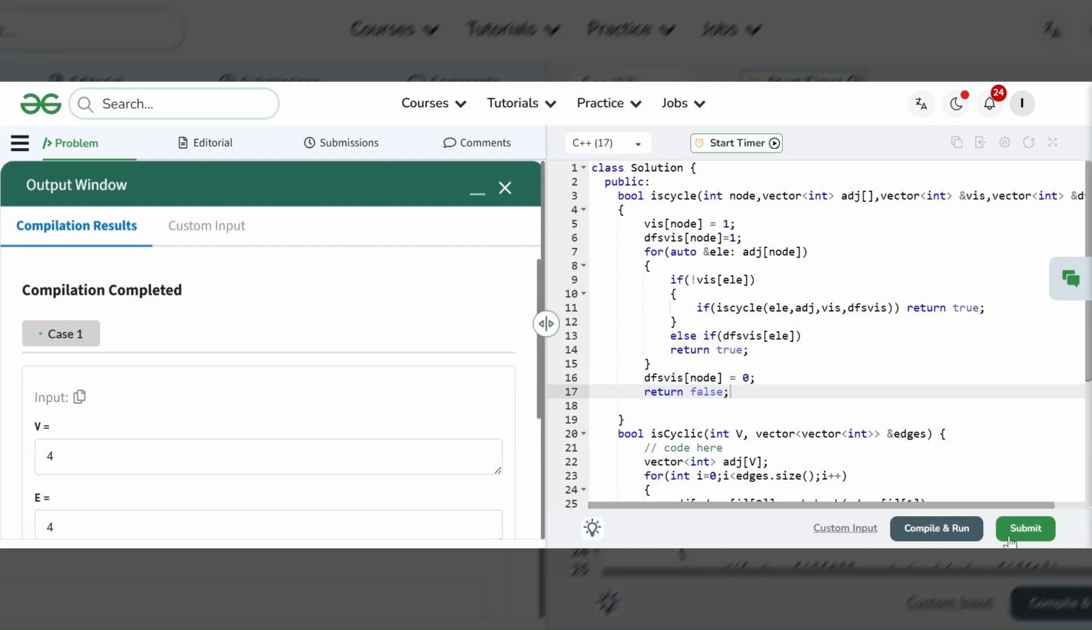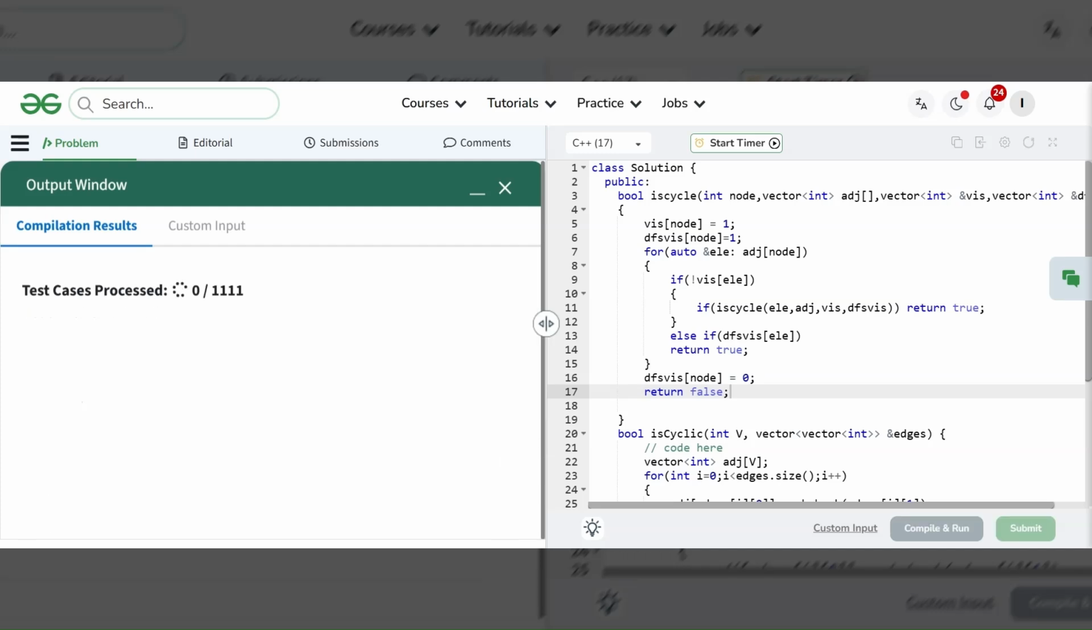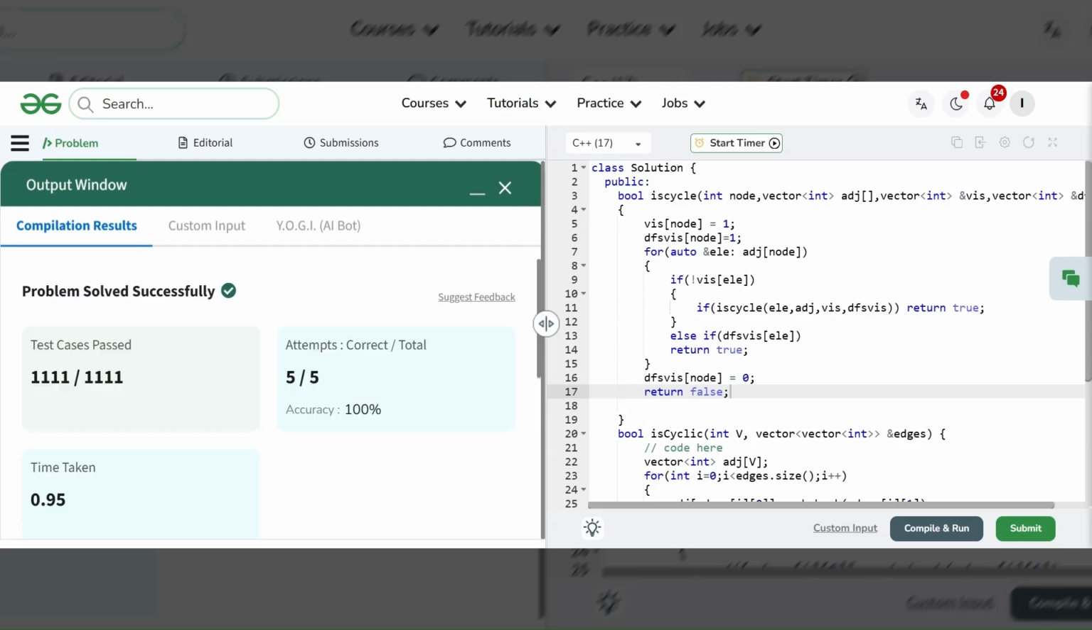Cool. I hope you got it. BFS approach we'll discuss in the next video. In the next video, I will mostly cover topological sort or else shortest distance for